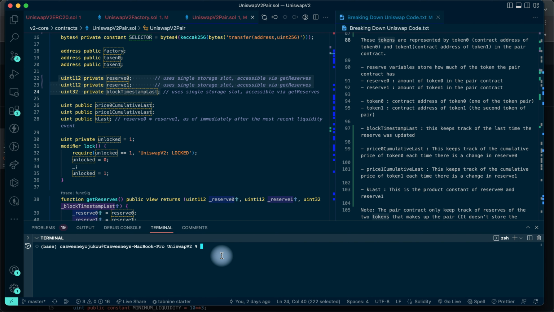So let me go to Solidity shell. Like I said, a slot in the EVM takes up to uint256, and if we say type(uint256).max